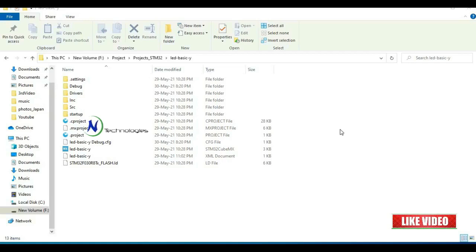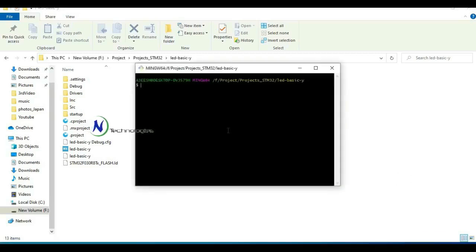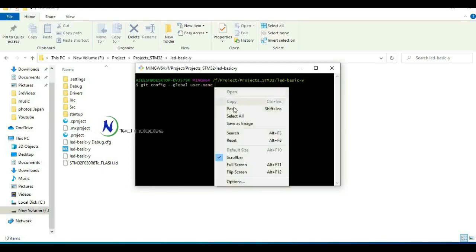Next we need to configure username and email to Git. For that we can open Git in the project folder we created. Right click on the folder, go to Git Bash here and type git config --global user.name and then your username.